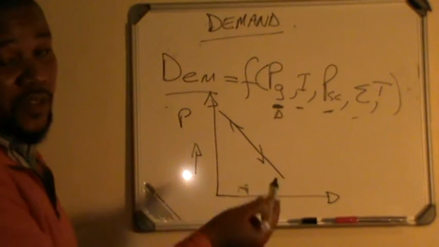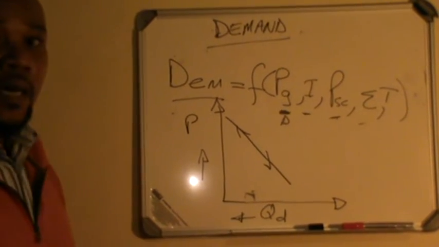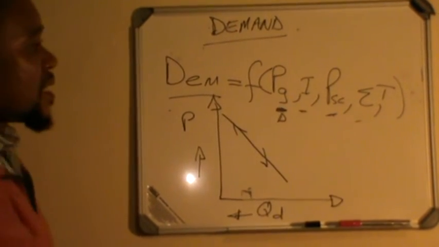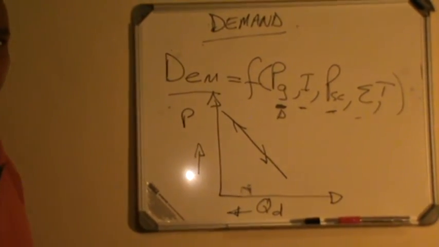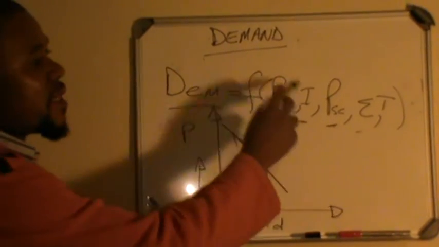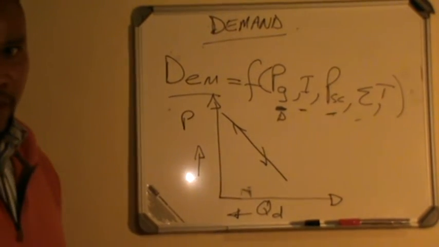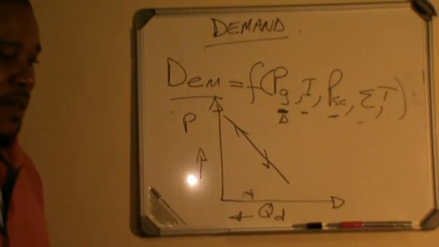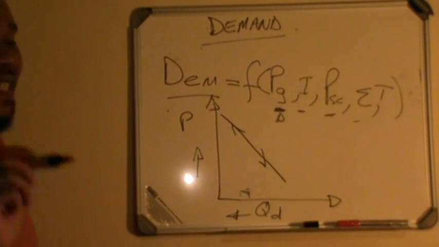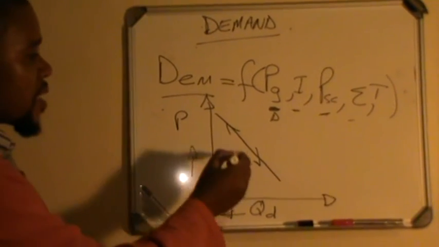Well, because that's what that curve really represents. It represents changes in price in relation to the quantity demanded. But a change in income has a different effect on the demand function. If your income increases, like I said earlier, you would expect that demand would increase. And if you listen to me carefully, I say demand. I don't say the quantity demanded. I say the demand itself. So the demand itself for a particular product would increase.